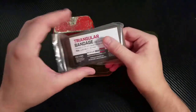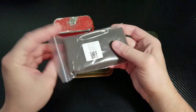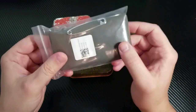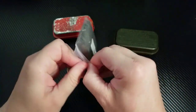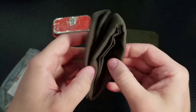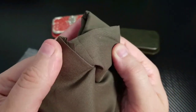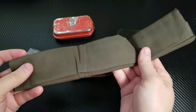At some point they started calling them triangular bandages and cravats, but typically when you hear the term cravat you're hearing this one right here, which is the actual heavy-duty cotton ones. This is what you want. These are about $8 and they are made from a thick piece of cotton. So this will not rip or tear when you put force on it, which makes it great for using as